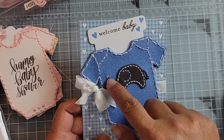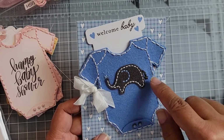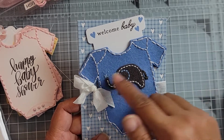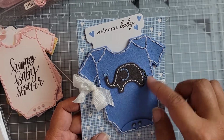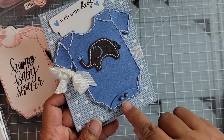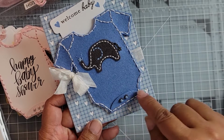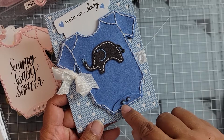And then I went ahead and stitched some water coming out of the trunk of the elephant and his little tail. Those aren't details, of course, included in the die set, but I thought, it's simple enough to make a little splash of water and a little tail here, so why not do it? And in this case, I added the little snaps onto the little piece here for the bottom, and did some French knots in that